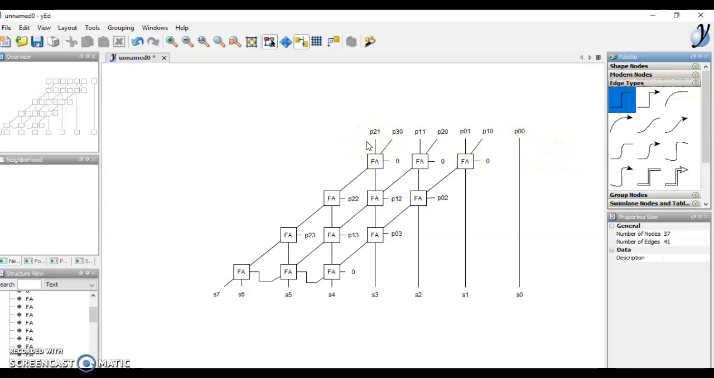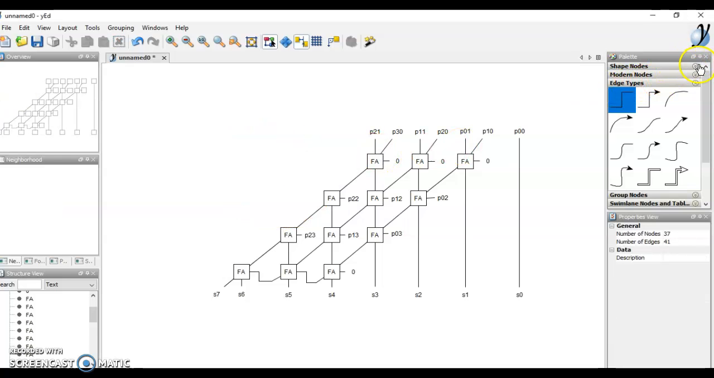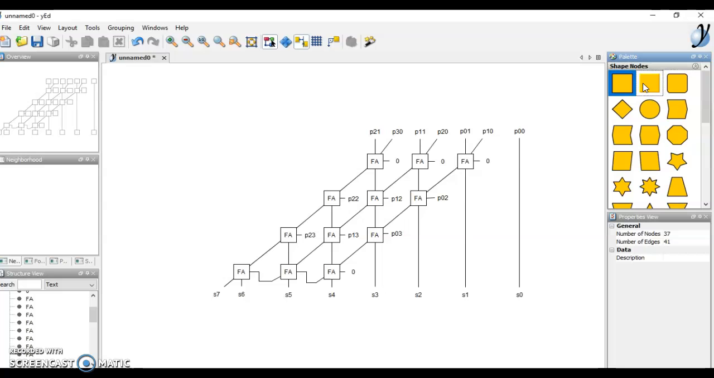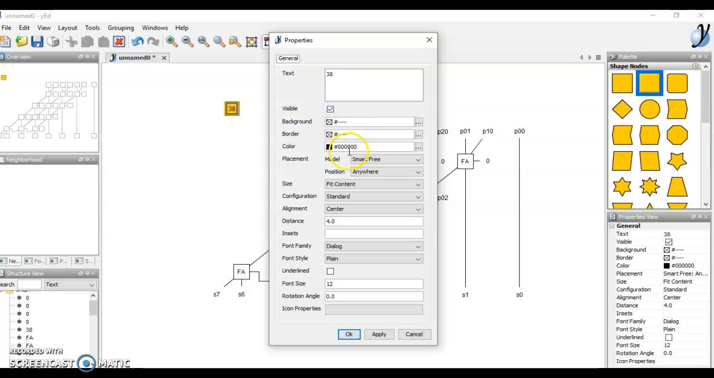So in yEd graph editor, you cannot put something at a particular place and leave it there without a node. If you click it there without a node, it will just change its direction and you cannot further proceed with it. So let us delete this. So for that, I used another shape node, that is the rectangle 3D. So let me show you the difference. So in the rectangle 3D, if you go to properties,